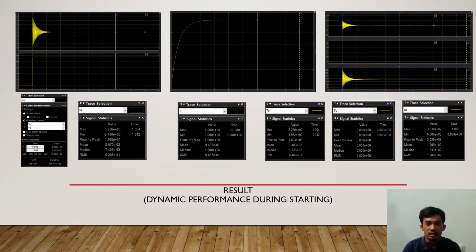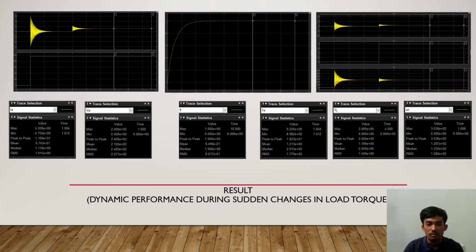In the analysis of the dynamic performance during starting from the MATLAB Simulink and calculation, the values for the parameters and output for both methods were the same due to the steady state calculation of the DC motor by calculation and the change of armature voltage from 0 to 240 volt at 1 second. The value of electromagnetic torque, which is TE, was small due to the small armature current IA supplied, which means the lower the IA, the lower the TE. The rotor speed, which is omega m, produces high speed due to the high armature voltage.